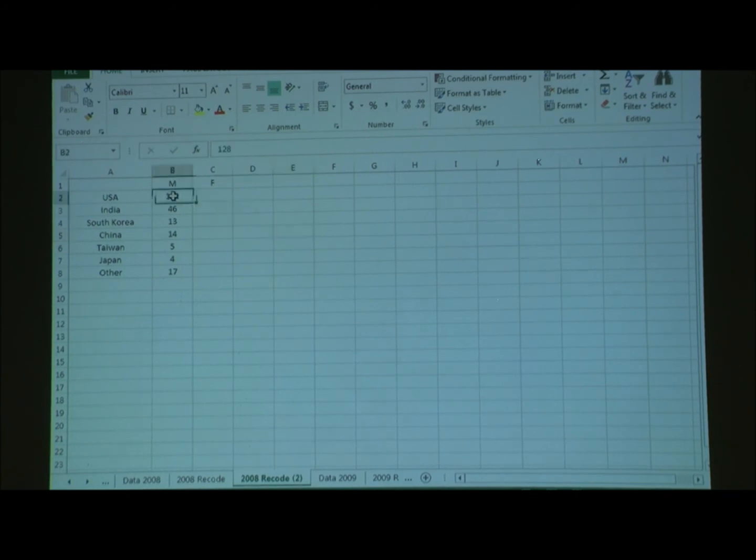Okay, I don't need all these things anymore because these are meaningless. Well, actually, let me see. Can I use this? No, I can't. I guess I typed in the number there. That's weird. Okay, doesn't matter. Let's get rid of it. So we can't use COUNTIF for this one,